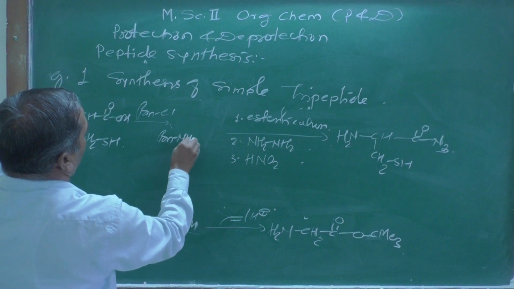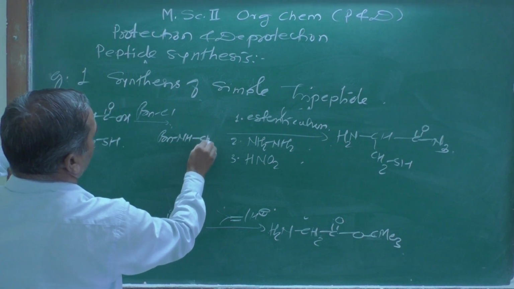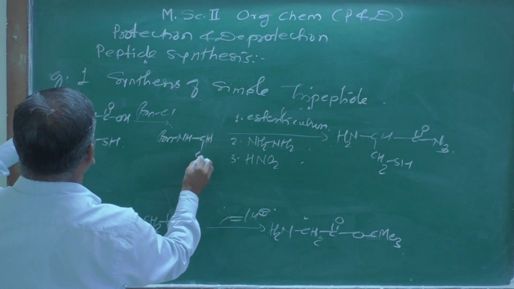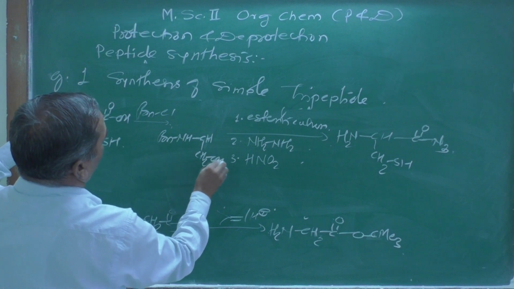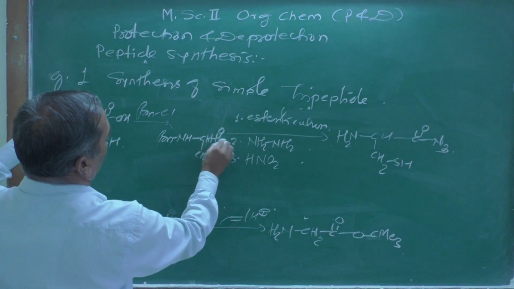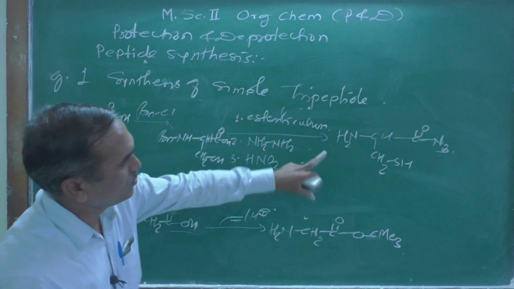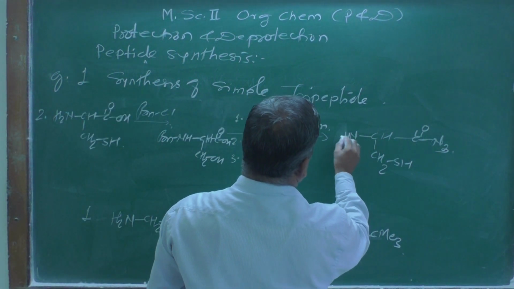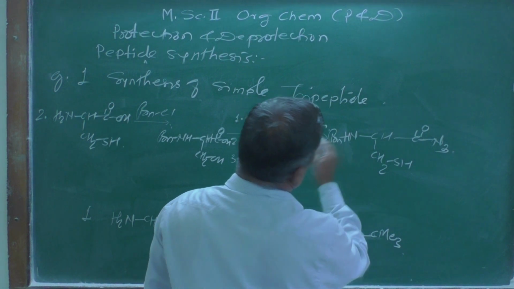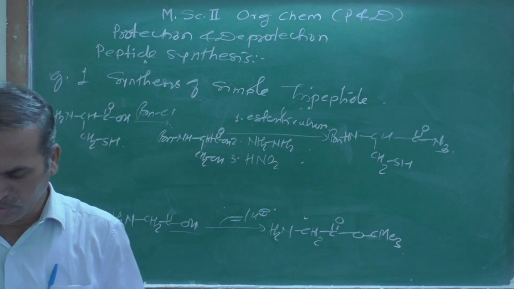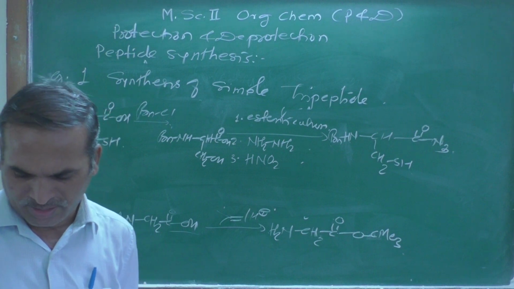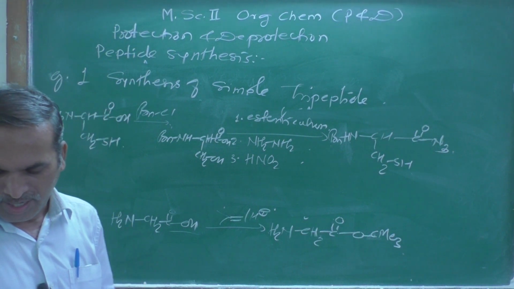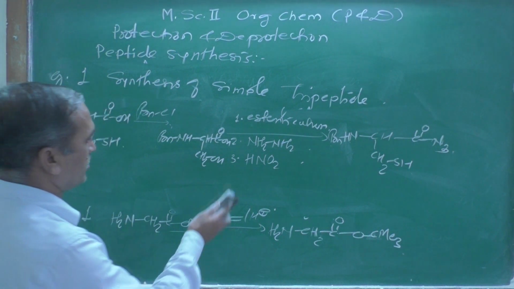BN, NH, then CH, H2, OH, then C double bond OH, and then you are going to get this one, and here is nothing but HBN. So this type of the product you are going to get over there, and after that you treat this compound